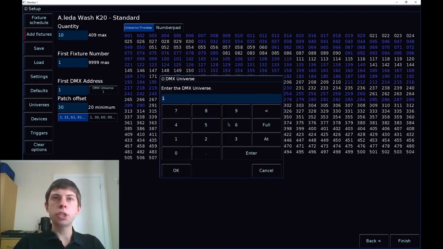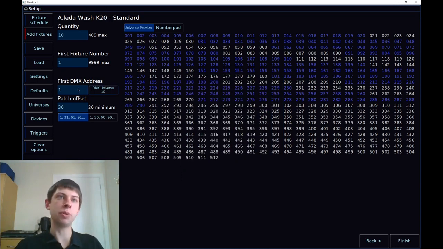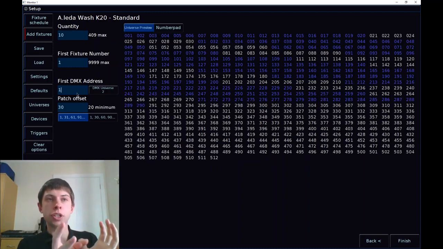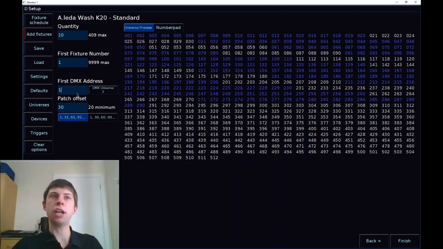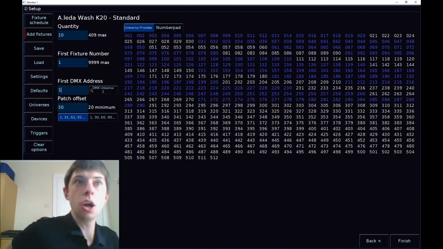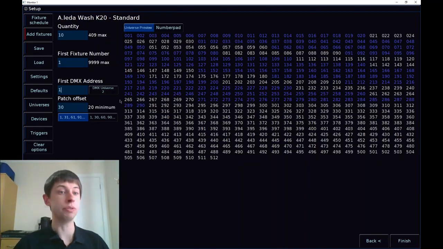So yes, I can choose to patch onto whatever universe I want between 1 and 64, so I could put them on universe 10. If you're on the full-size Flex, a useful shortcut to be aware of: if I were to type 2.1, that's saying universe 2, address number 1. So in that address field, if you're on a Flex, you can use the point to automatically populate the universe field for you. I'm going to keep things simple. Let's go back to 1.1